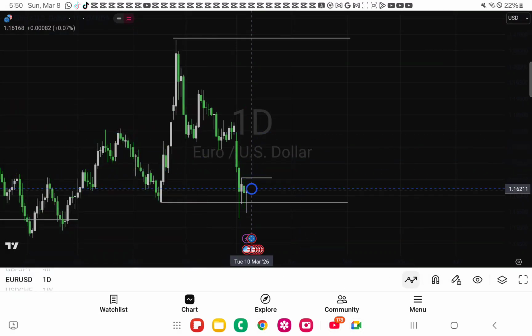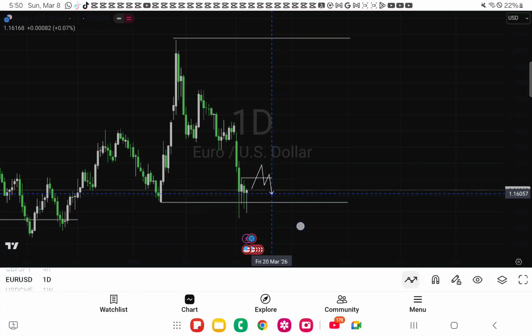I'll be waiting for a closure with a body above this range. After the closure, once I see a closure with a body above this range on the daily time frame, I'll wait for a retest on the 1 hour time frame. So I'll scale down now on the 1 hour time frame and wait for a